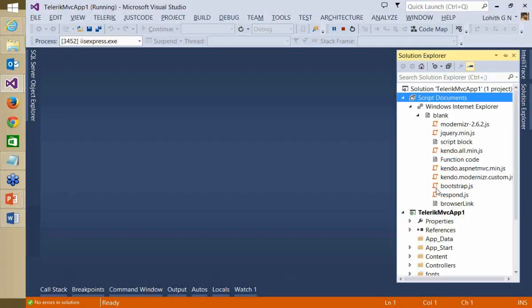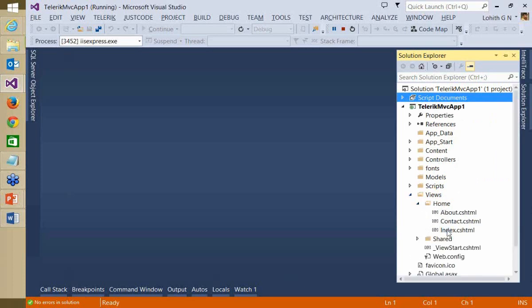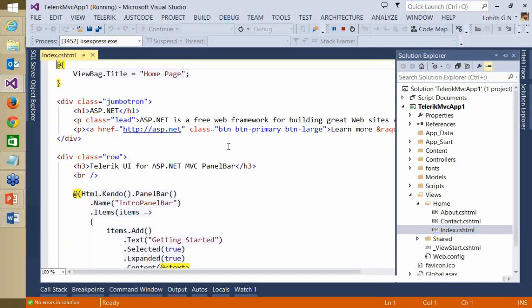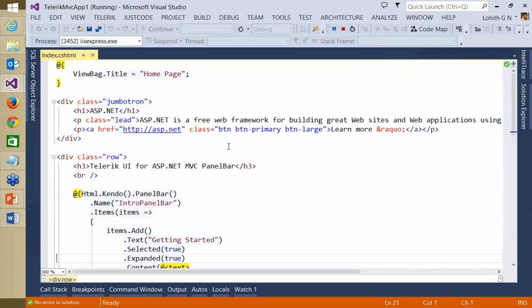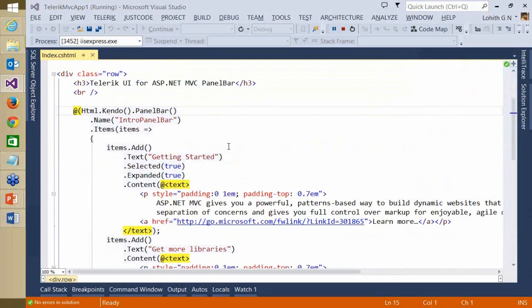let me open up the index.cshtml. So how did this panel bar come in? It's very simple. I'm going to walk you through this, but I'll delete this and show you the simplest thing. Basically, as I said, our Kendo panel bar is a control. So let me first talk about